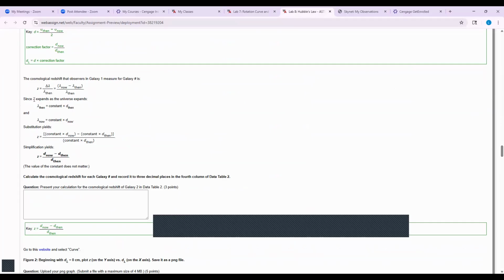But we're going to use an intuitive way, using wavelength equal to a constant number times distance. And also the same thing, when the emitted wavelengths